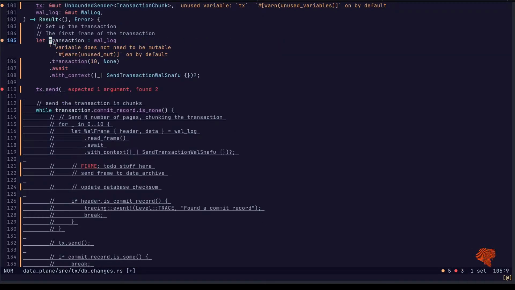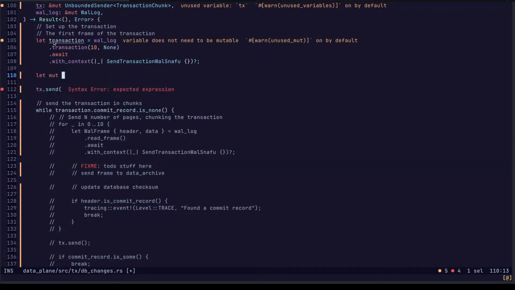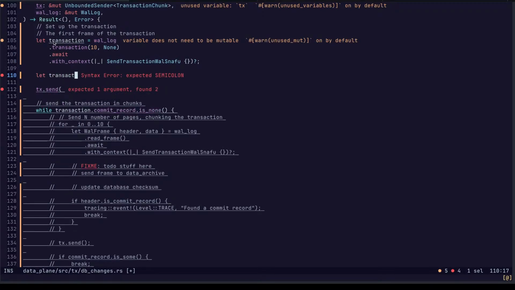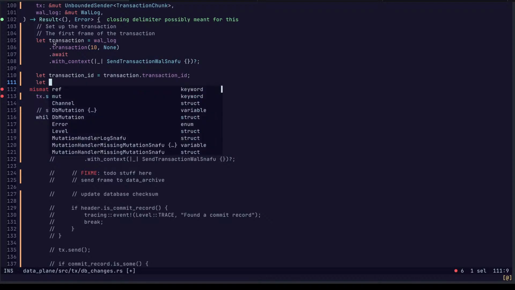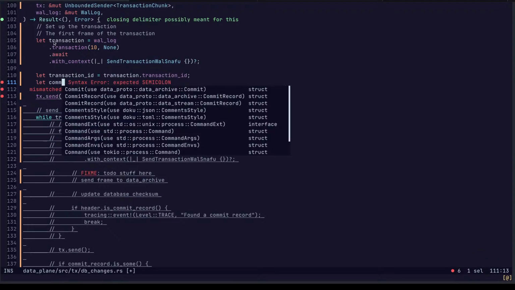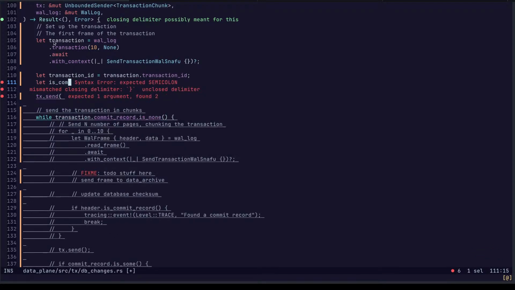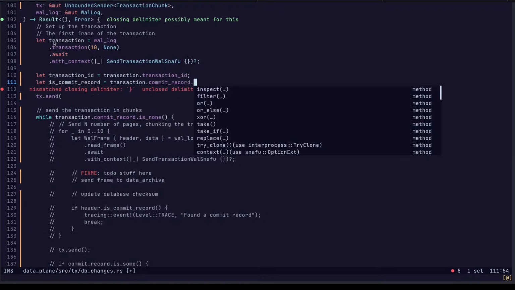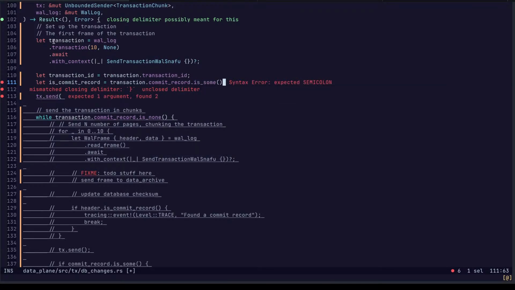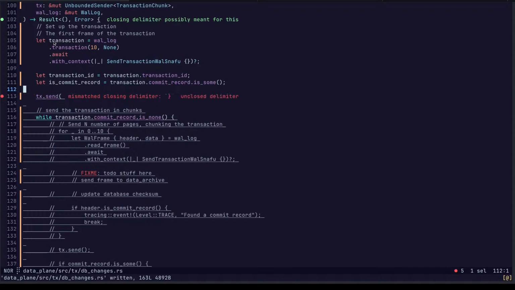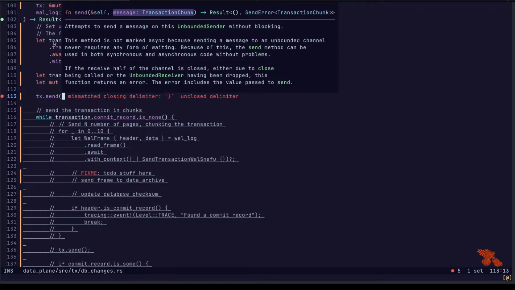Actually need two things out of it. Transaction ID. Let we send the transaction.